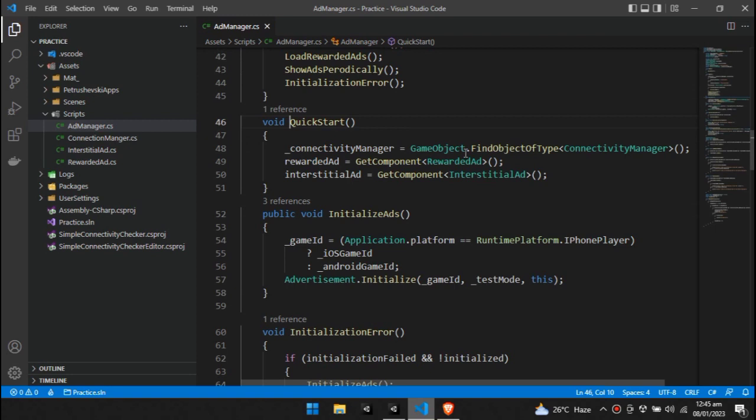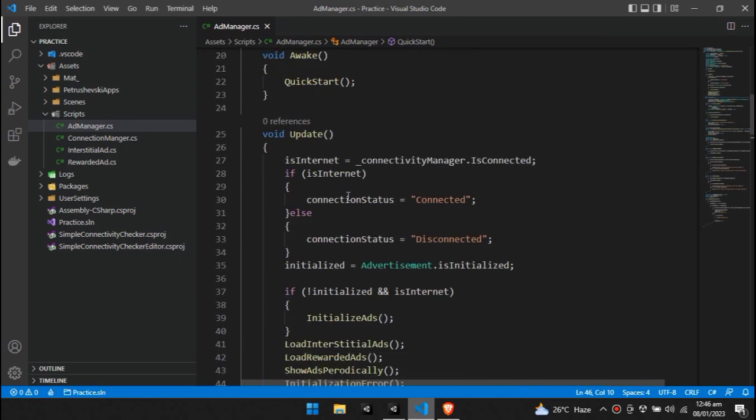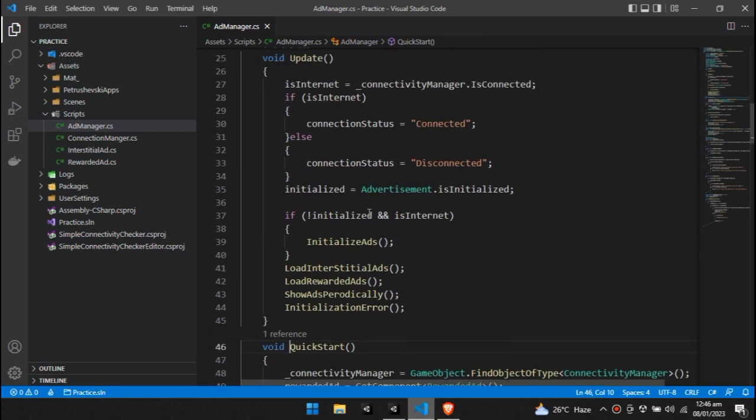So let's go back to quick start. This is what we do. Connectivity manager equals GameObject.FindObjectOfType ConnectivityManager. RewardedAd equals GetComponent RewardedAd, because we'll be adding this ad manager directly to the ad manager game object where we have our rewarded ad and interstitial ad as components. Same thing for the interstitial ad. So guys,